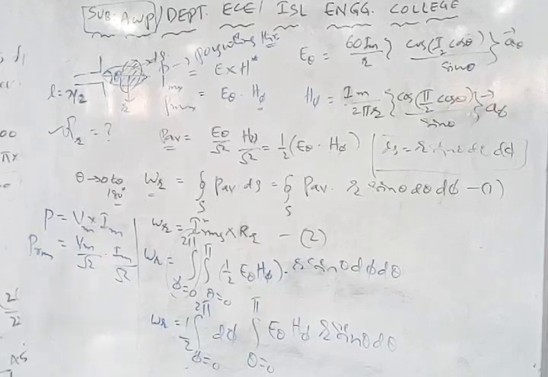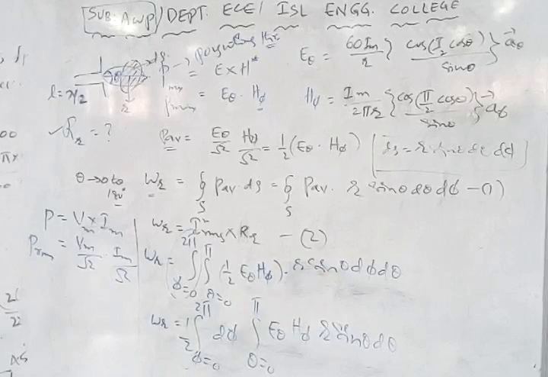Okay. Now that means we can replace the integration of d phi ranging between phi equal to 0 to 2 pi, which is nothing but 2 pi for us. Then, by substituting 2 pi, we have to solve the equation by substituting E theta and H phi in the last equation that we have got here. Now we will solve that.